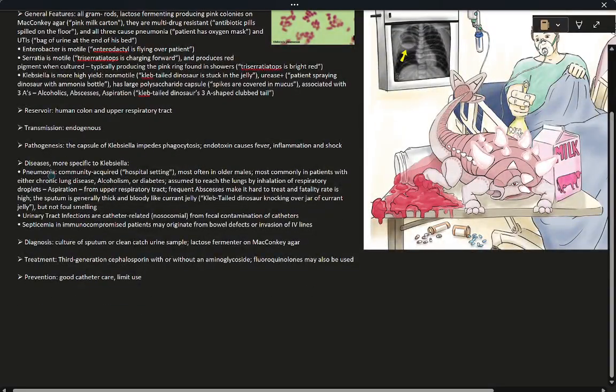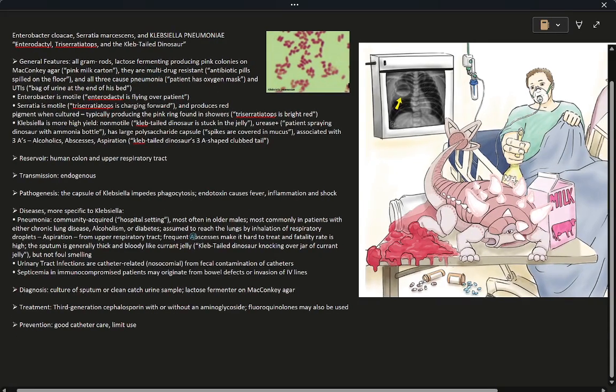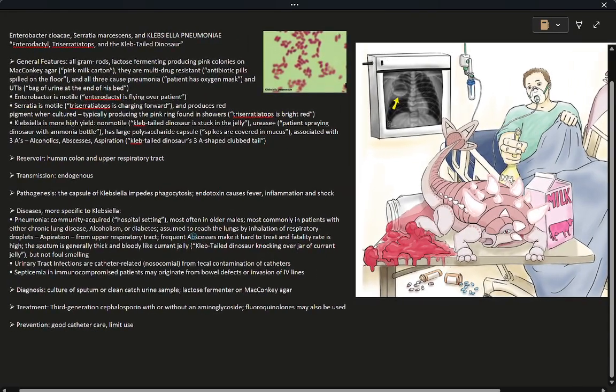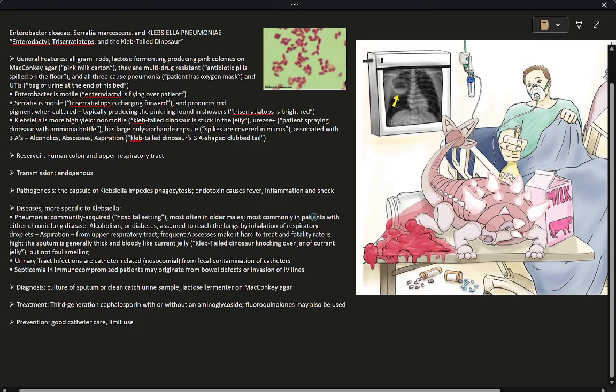So this particular pneumonia is community acquired, particularly in a hospital setting. And it is most often affecting older males. And then it is most commonly in patients with either a chronic lung disease, alcoholism, or diabetes. Because remember,